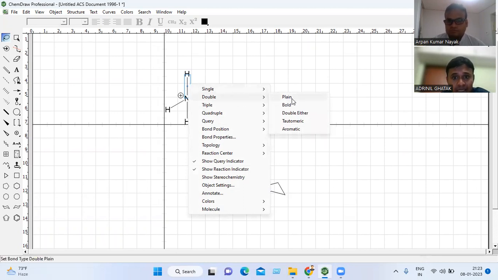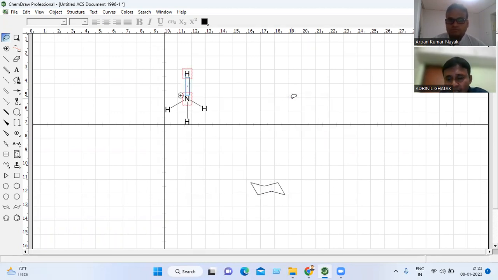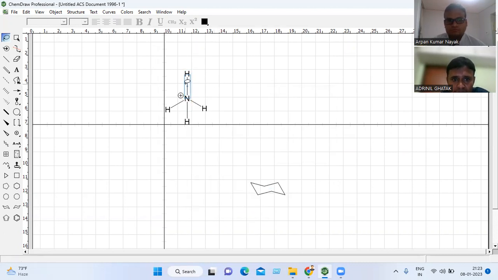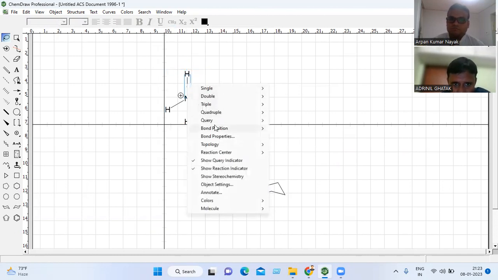For example, you select it plain. You can see here I converted the nitrogen to a double bond. Okay, we are drawing, so I want it to be a single plain bond. And then what other options are there? Double bond, you can make a triple bond, quadruple bond. Then bond position you can change, bond properties you can change, alter it, and then one option